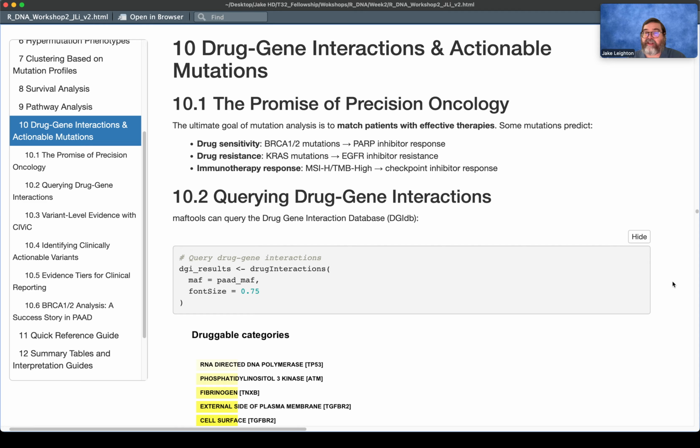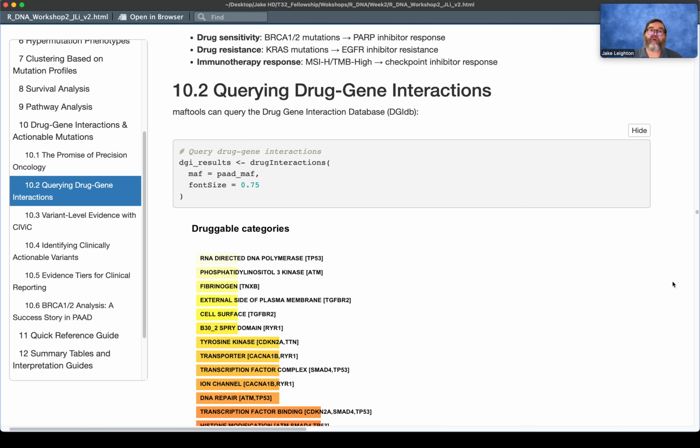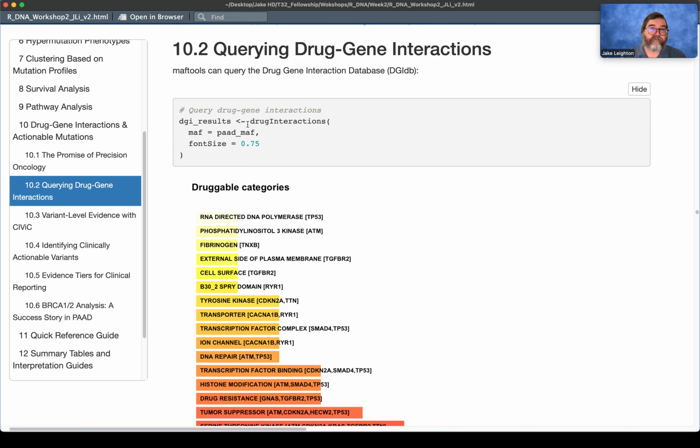I mean, there's all different ways that mutations can be involved in helping us guide the right therapy interventions, right? So one quick way that I think is kind of cool here is you have this, Math Tools has something